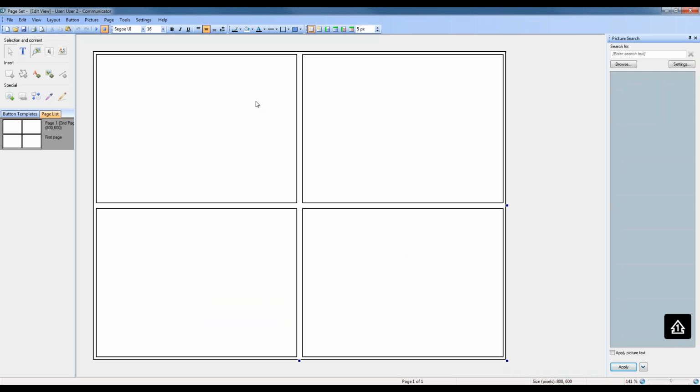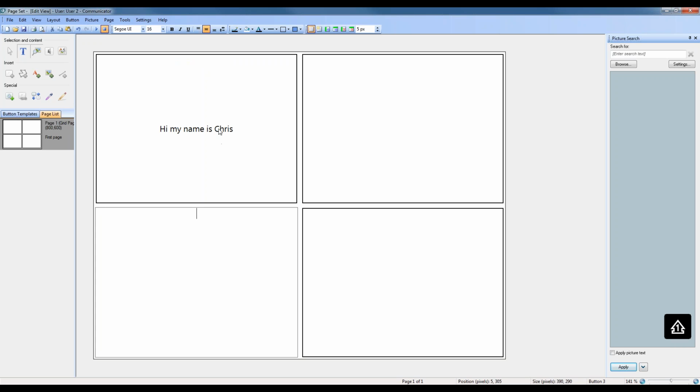From here, we're going to select one of the buttons, and you'll see that it highlights in red. Now what we can do is add sound to this button, add text to this button, add a picture to this button if we want. So all I'm going to do is insert text for the moment. And I'm just going to type, "Hi, my name is Chris,"